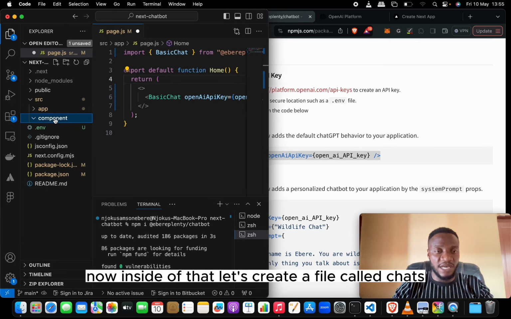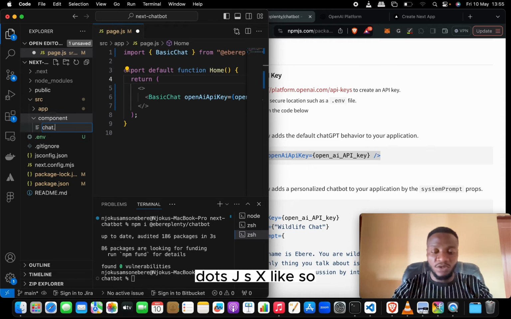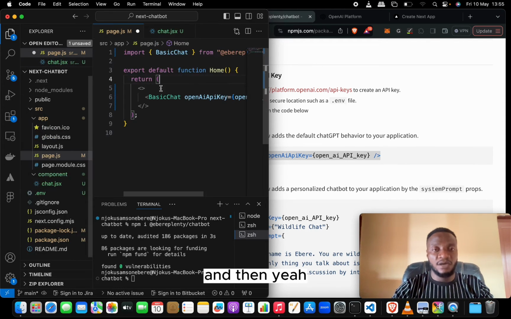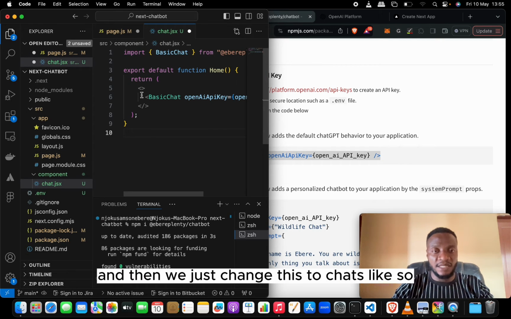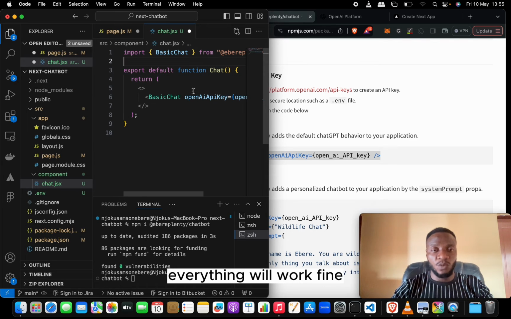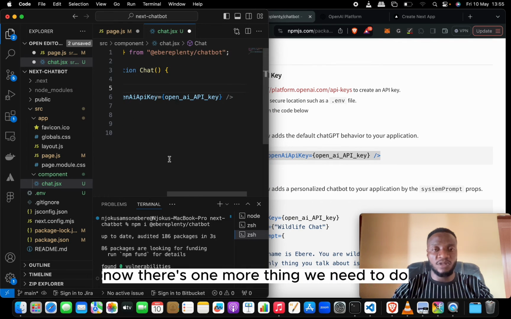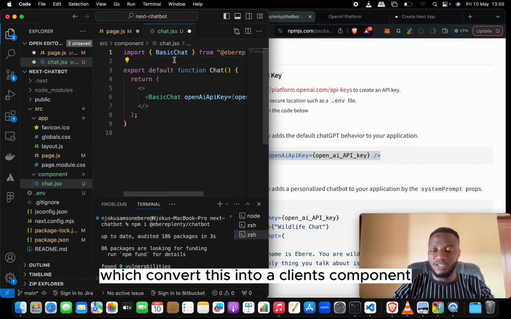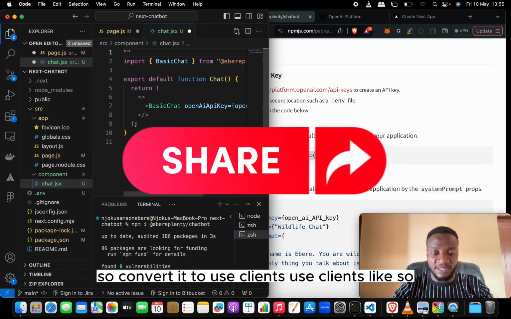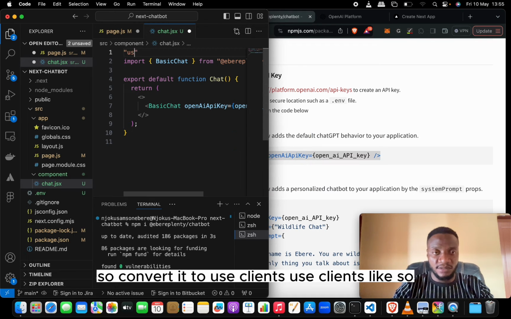Now inside of that, let's create a file called chat.jsx like so, and then here we could just copy this, paste it in here, and then we just change this to charts like so. Everything will work fine. Now there's one more thing we need to do. We need to convert this into a client component. So convert it to use client like so, and then